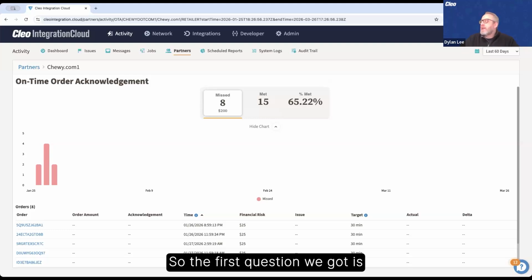So the first question we got is, why is end-to-end visibility critical in preventing chargebacks and delays? I think this might go back to something I mentioned at the top. I'll take a shot at the start here, Shane, and then invite you to add to anything. A lot of what Shane showed in the demo is really about the contextual linking between steps in an end-to-end business process. Traditional integration thinks about a transaction in isolation: was my order response successful? Instead of: was my order response in time to meet the business requirement of my customer?